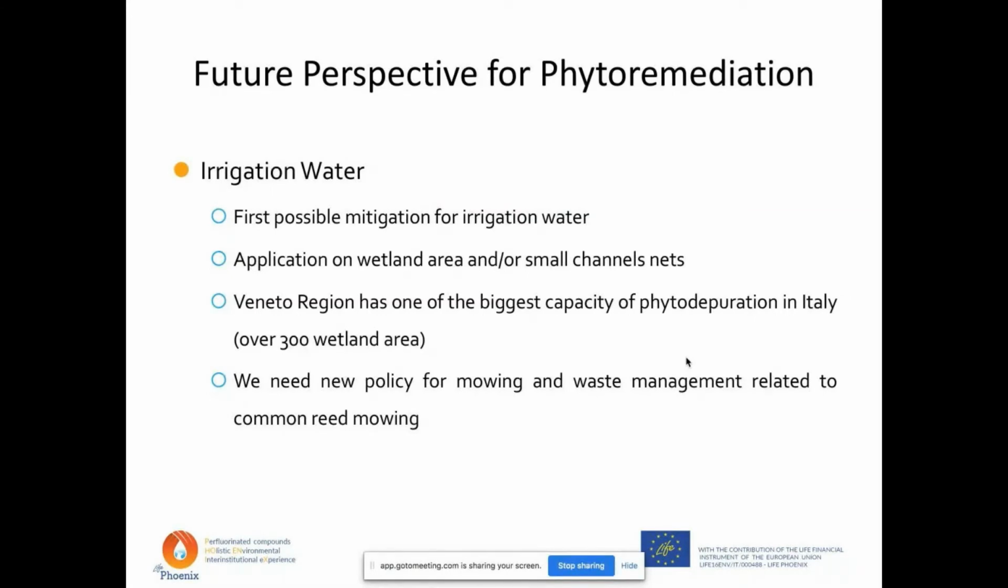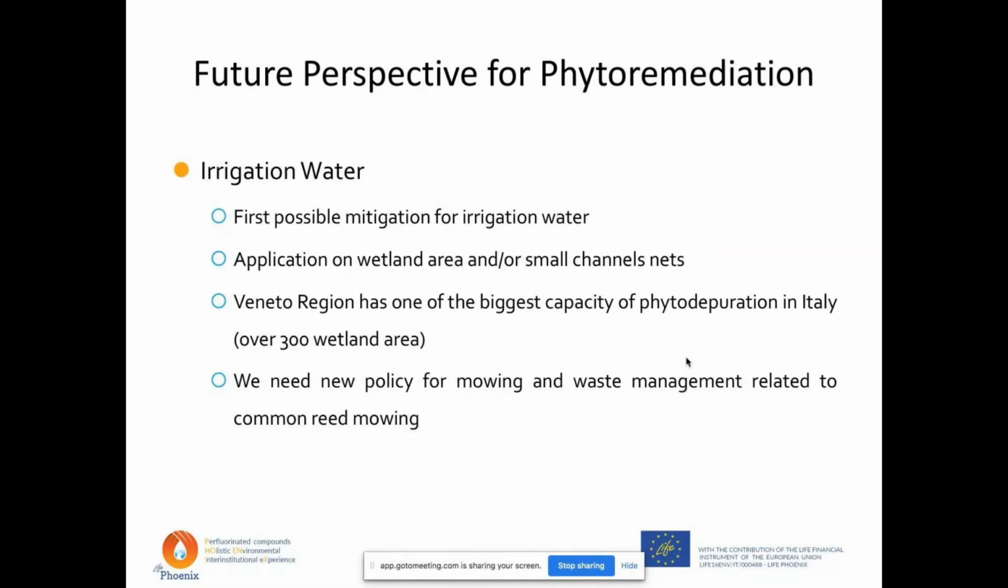I have to remember that Veneto Region has one of the biggest capacities of phytodepuration in Italy, with over 300 wetland areas coordinated and managed by 11 land reclamation consortia. Obviously, the problem is all the PFAS that are stored and absorbed by the system, not only by the wetland system but also the whole system, so the sediments and so on. We need a new policy for mowing the common reed and, obviously, for the waste management related to the common reed mowing. But we think that